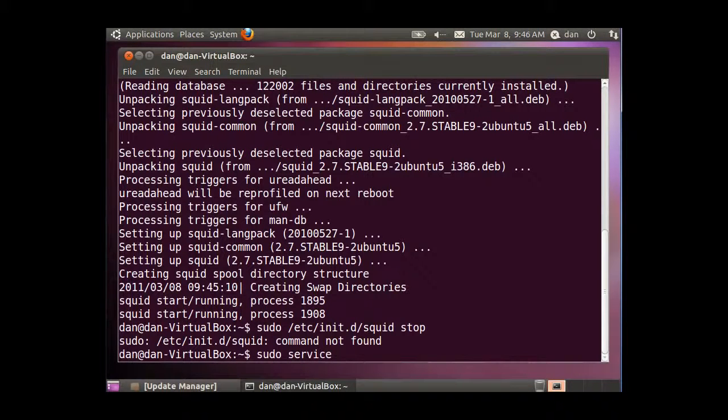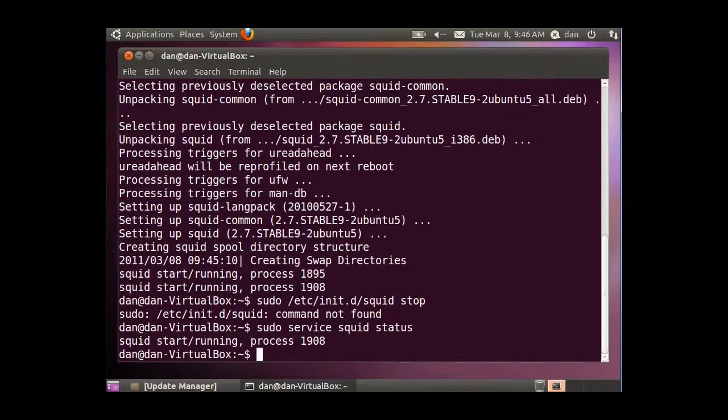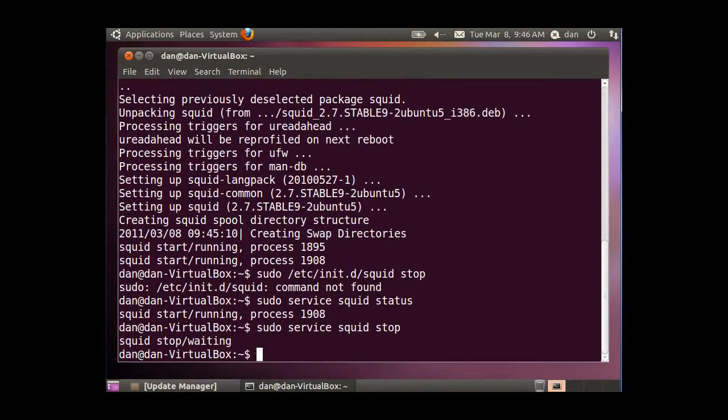service SQUID, and first thing I'll do is a status. Let's take a look at it. Okay, SQUID start running process. It's got the process there. So what I could do is sudo service SQUID stop, and that should stop SQUID from